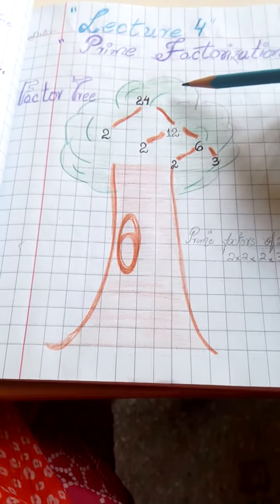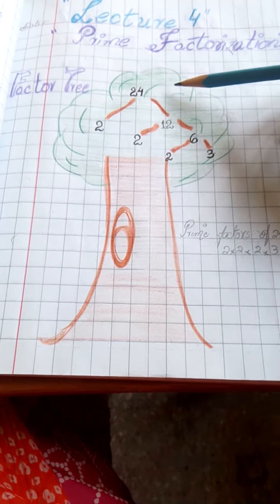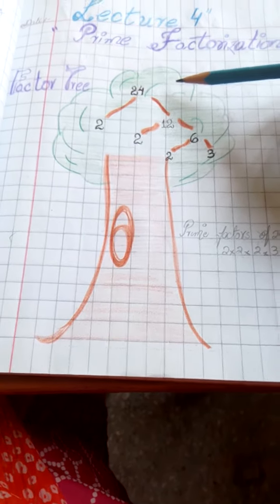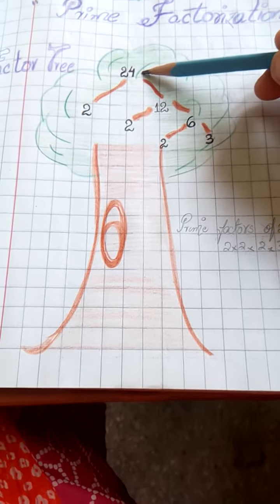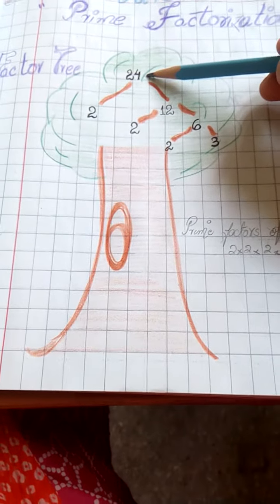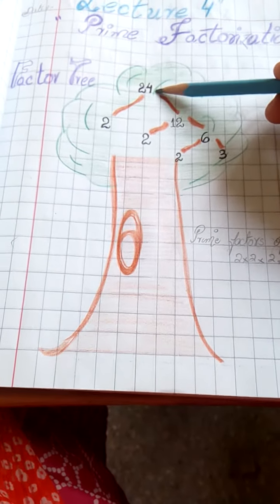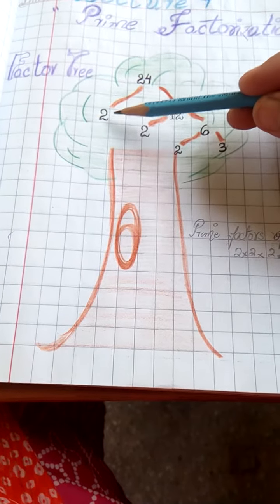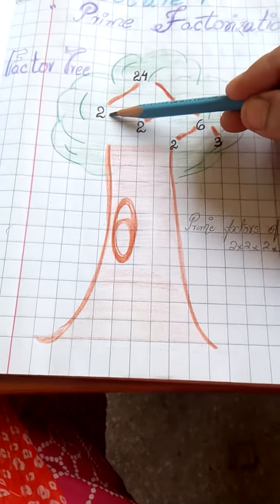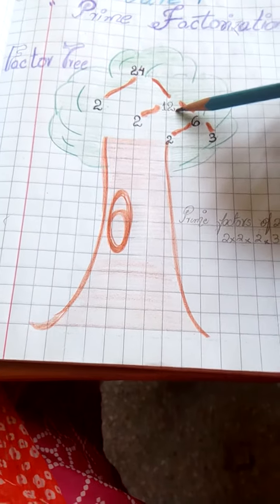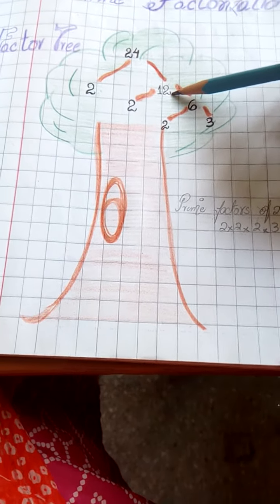Now my children, in the previous lectures and in today's lecture also, you have understood what prime factors are and how you are going to break the given numbers into their prime factors. As you can see, 24 is going to break down into its prime numbers. How? First of all, 24 will be written on top of the tree like this. 2 12s are 24. Now 2 is a prime number, so leave it, but 12 is a composite number. That means 12 should be broken into its prime factors.